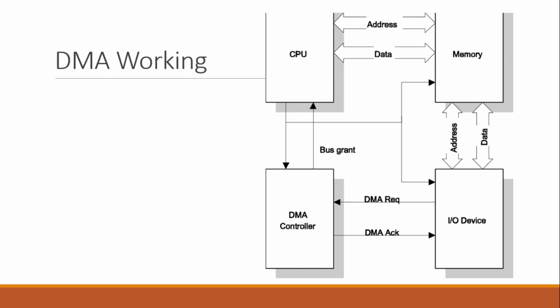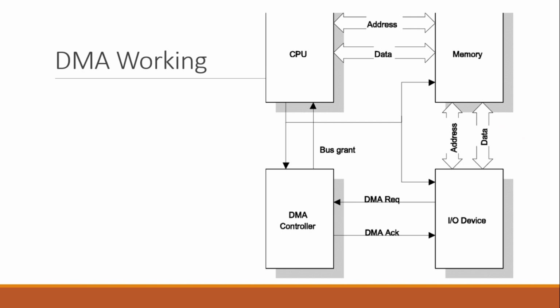Whenever an input-output device wants to transfer data to or from memory, it sends a DMA request to the DMA controller. The DMA controller accepts this DMA request and asks the CPU to hold for a few clock cycles, and it sends the hold request. The CPU receives the hold request from the DMA controller, relinquishes the bus, and sends the hold acknowledgement to the DMA controller. After receiving the hold acknowledgement, the DMA controller acknowledges to the input-output device that data transfer can be performed, and the DMA controller